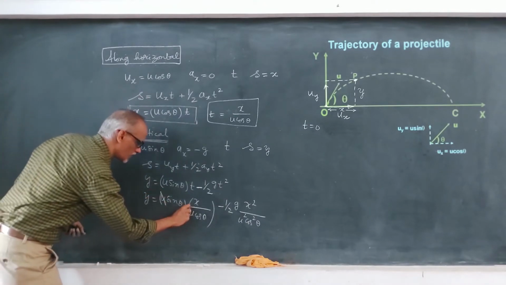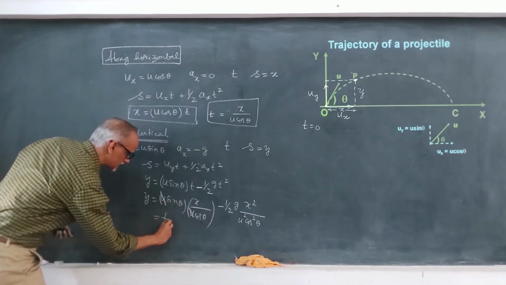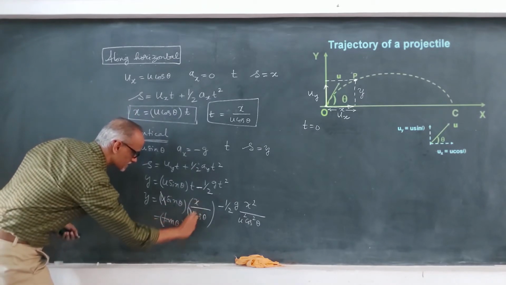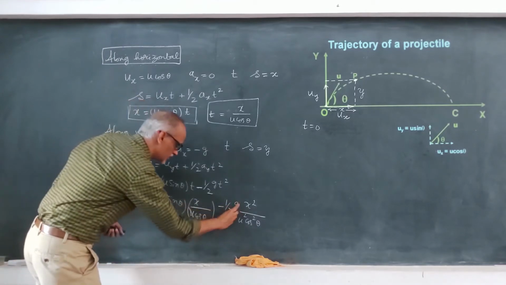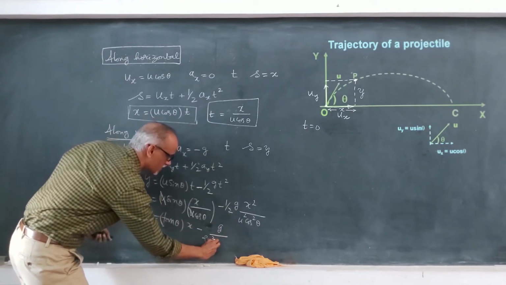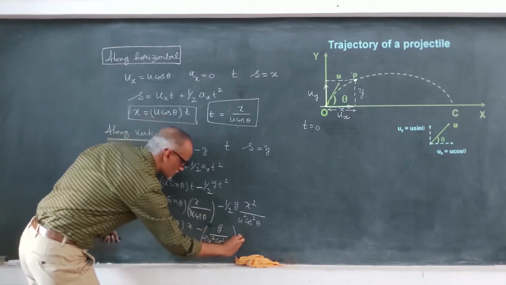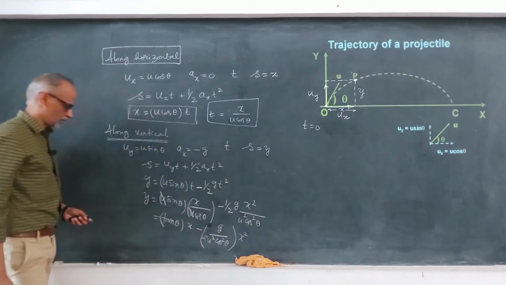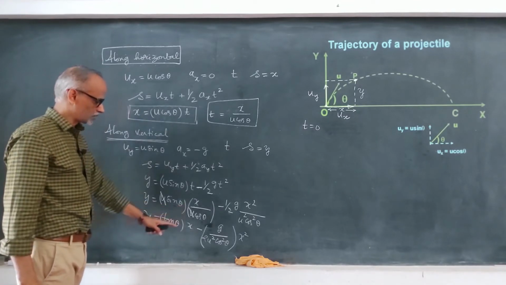So this u will get cancelled. Sin theta by cos theta is nothing but tan theta into x minus g by 2 u square cos square theta into x square. So we got the equation: y is equal to tan theta into x minus g by 2u square cos square theta into x square,